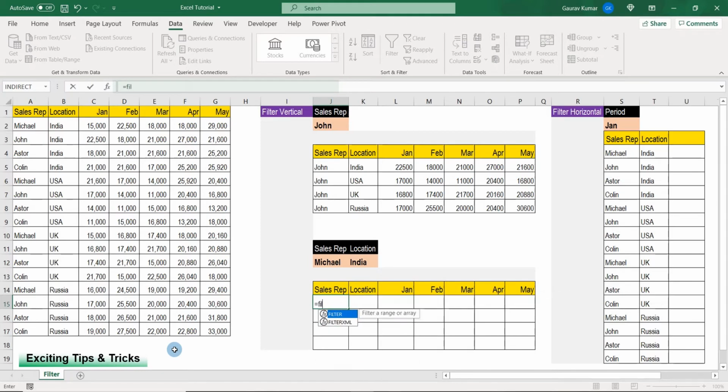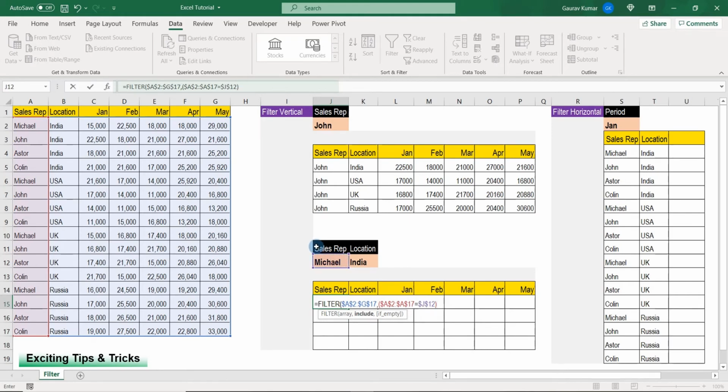Let's start with equals filter. The first argument in the syntax is to select the array. We will select the array. Then the next argument is what exactly we want to include. Here we have two criteria, so we will start with a bracket, select the array for sales representative, and this is our criteria.